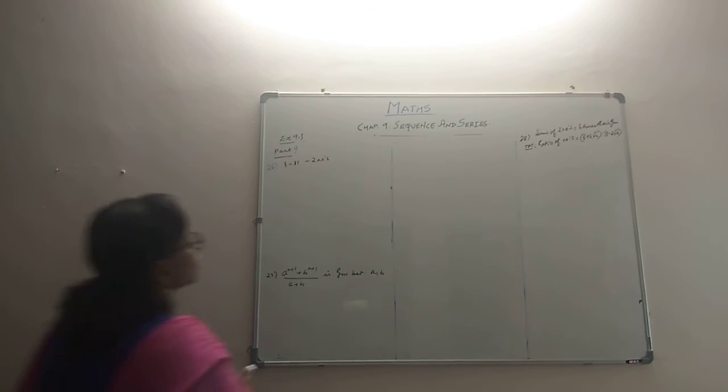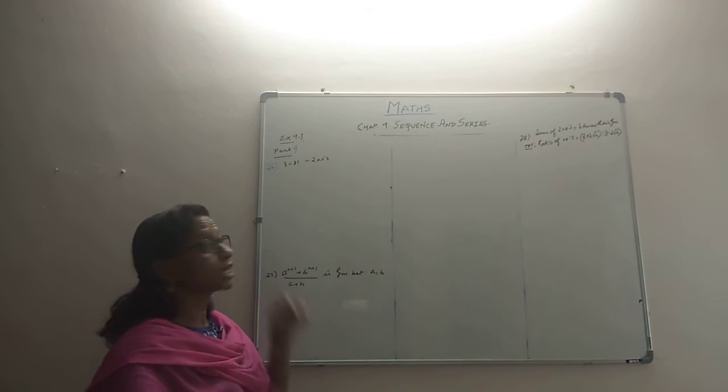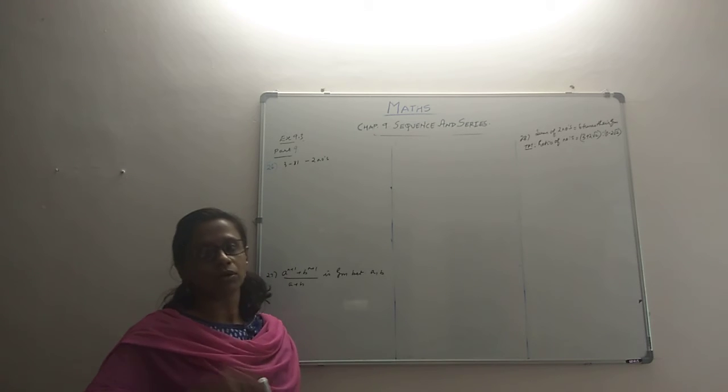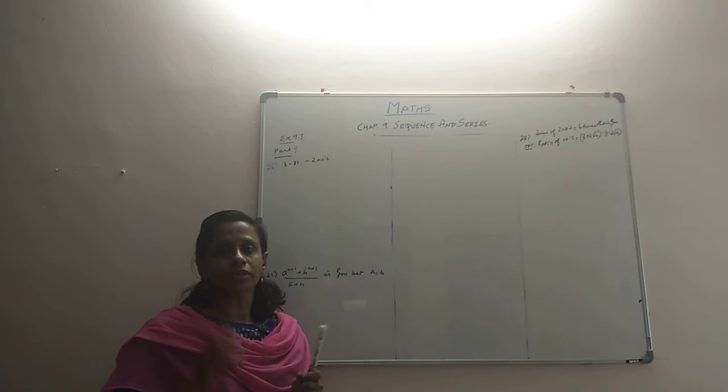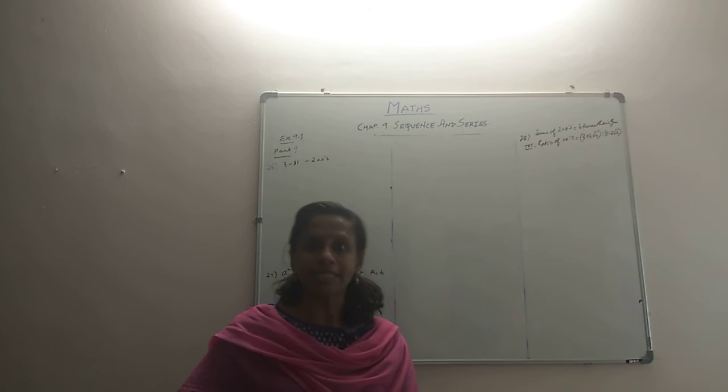Hello folks, we come to the part 9 video of the exercise 9.3, very crucial problems. Here we are going to check up for the geometric mean. Now geometric mean in the sense, suppose if you are given two numbers and they ask us to introduce numbers in between this, then there is a formula.